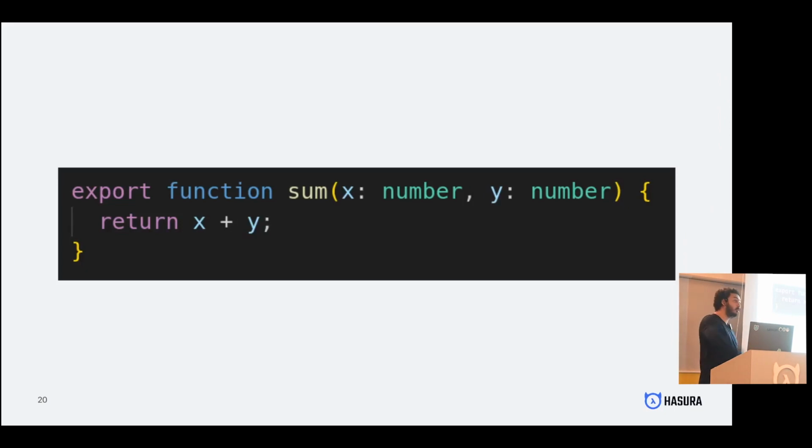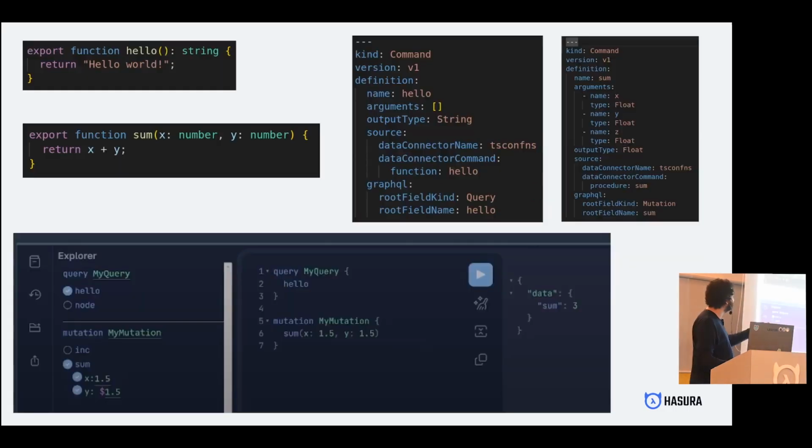Let's look at another cool thing. Here's a TypeScript function. Now this sum function takes two arguments, which are both numbers. Its return type can be derived as number as well. And if you look at this sum function, all of its inputs and outputs are already well defined, which means this should be sufficient for me to get an API. And it turns out it is.